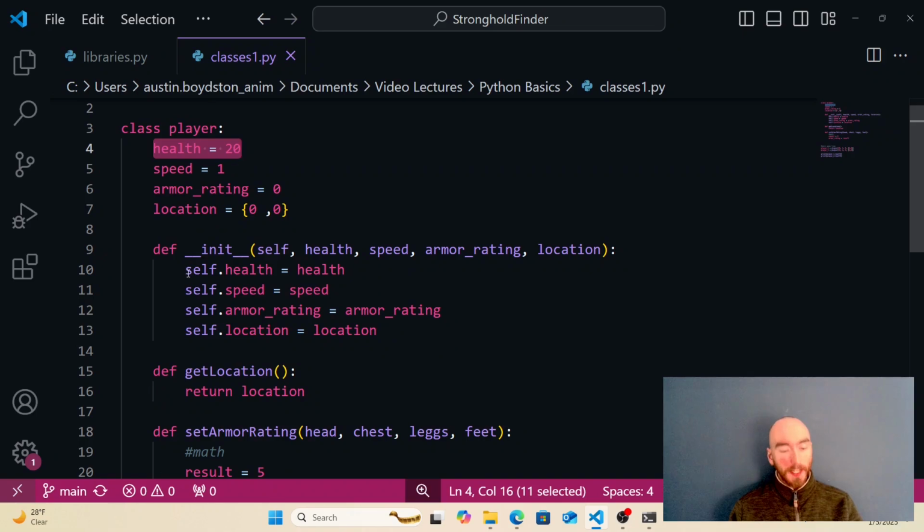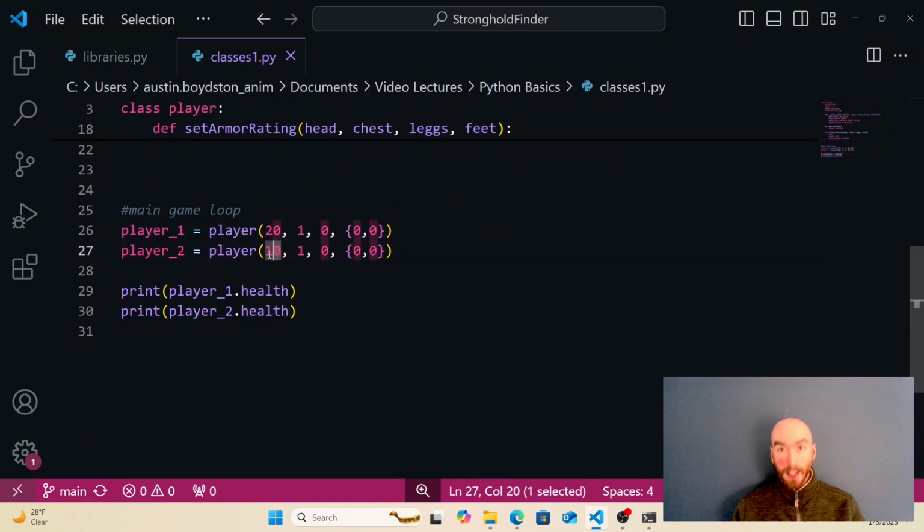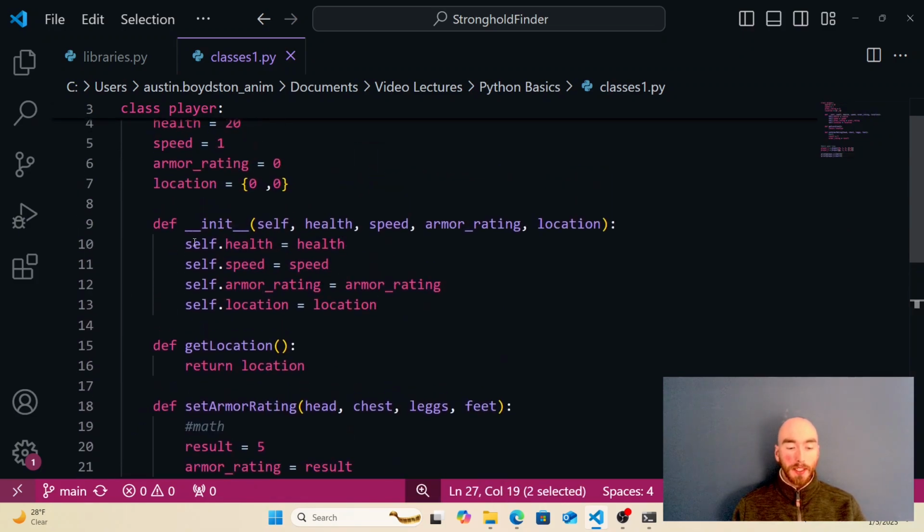But it says set my specific instance of health equal to 20, because that's what was passed in. Player 2 got 10. So player 2 says set my specific instance of health equal to 10, because that's the value that I was given. And so this is setting the health, the speed, the armor rating, and the location of the specific instance to whatever was